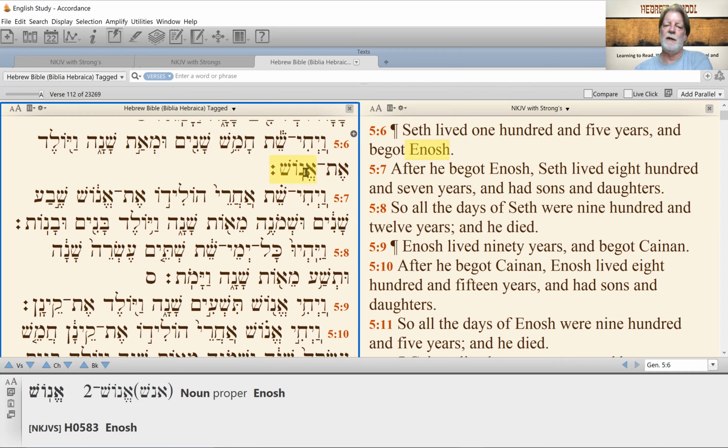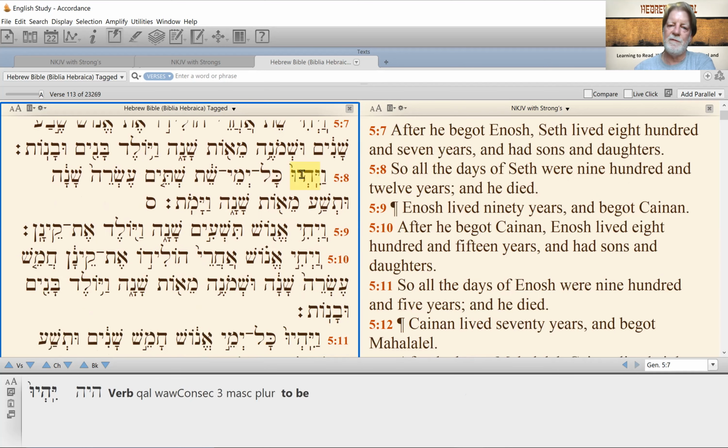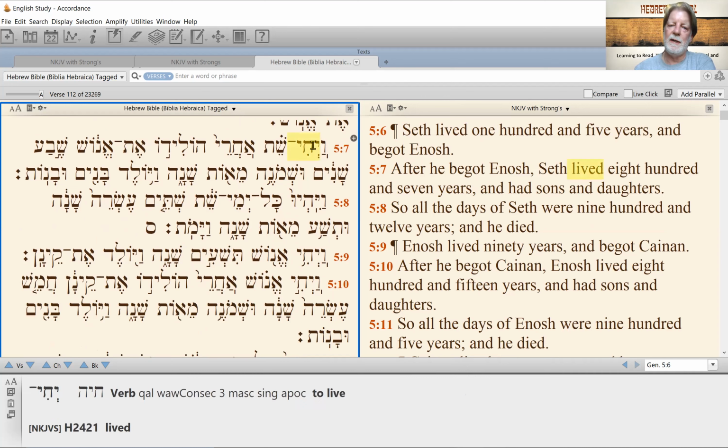His son's name was Enosh. Verse 7, Vayachi Shet Ahare, so he lived, Seth, Ahare, after, Holido, he caused the birth of him, of Enosh, at Enosh,